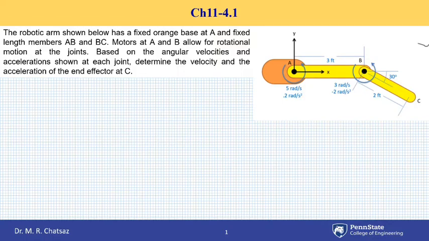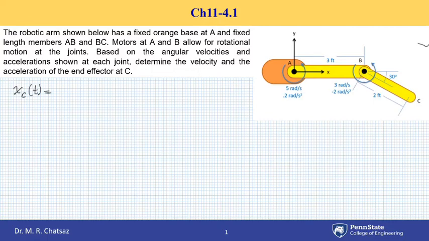So let's use the geometry of the situation to set up position equations for point C in terms of x and y, and then take 1 and 2 derivatives to find velocity equations and acceleration equations for the desired point. So if I write the x position of point C, xc as a function of time, equals